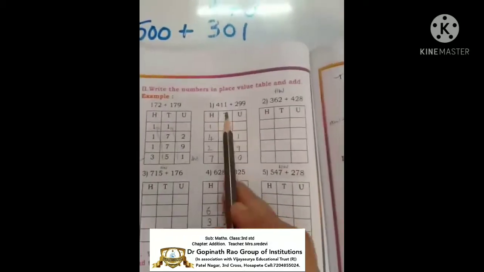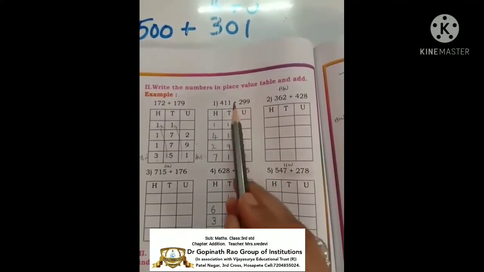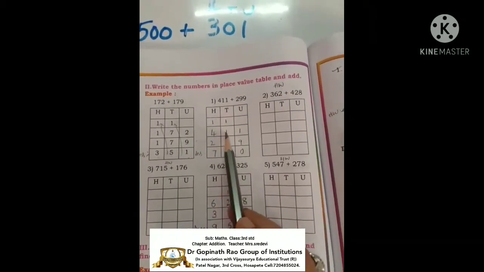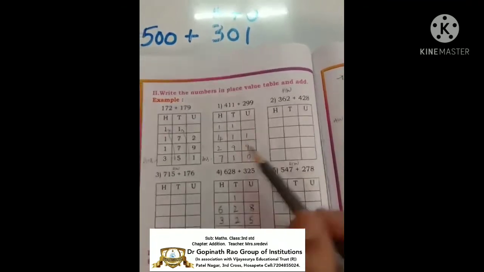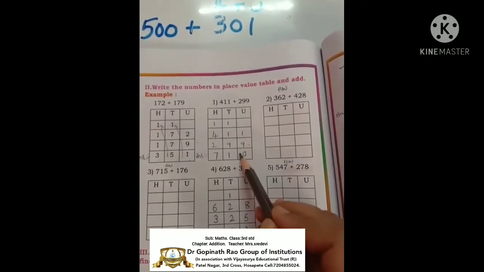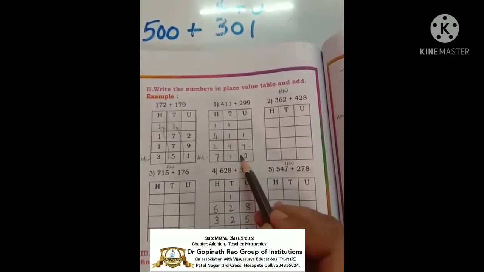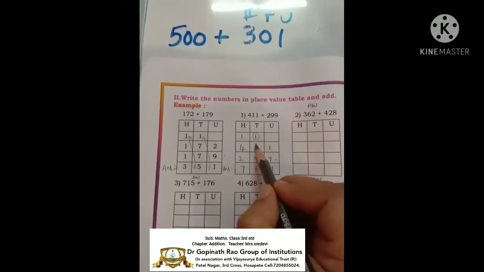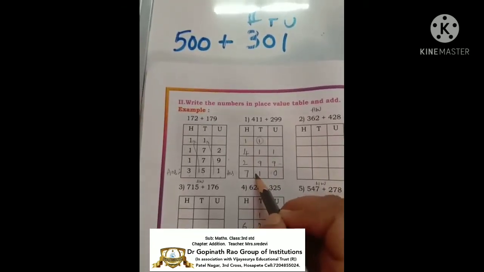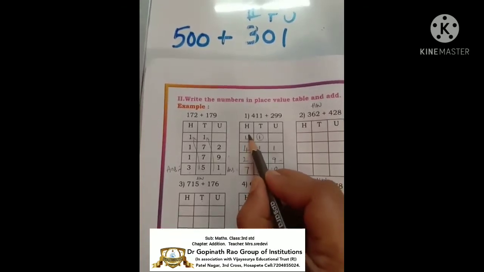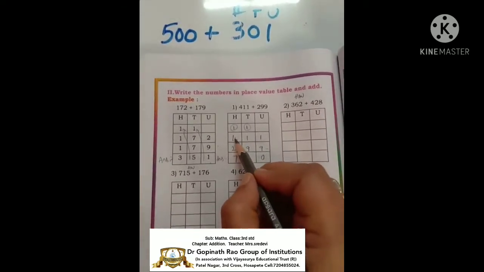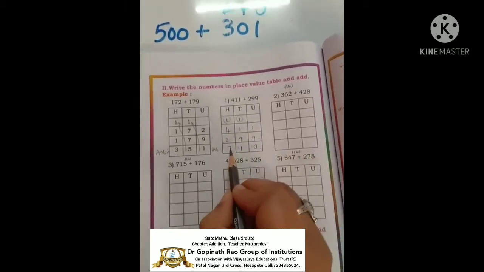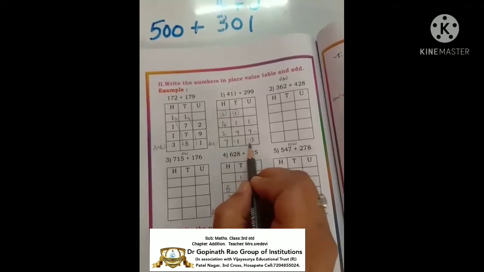Okay, next what is there? 411 plus 299. So the first column is always for the carryover. So second is 411, 299. Okay, 9 plus 1 is 10. Again 10 means 1 here, so 0 here. Again 1 will go up as carryover. Next 9, 10, 11. See, 1 here. This 11 means 1 will go up. Okay. Are you understanding, children? Okay, 4, 5, 6, 7. So the answer is 7. So the answer is 710.